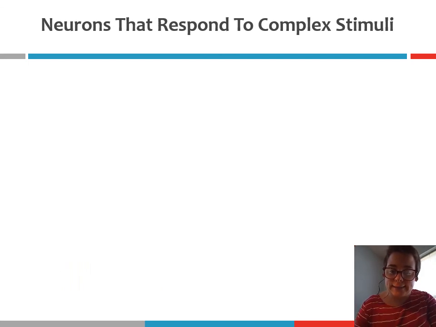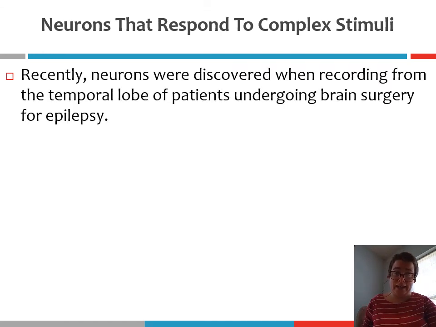All right, so I've shown you a couple of different examples of experiments using animals that have shown that individual neurons code for or represent various kinds of stimuli in the brain, whether those stimuli are fairly simple or complex. So what I'm going to do now is share one more experiment with you that actually used human participants. In this particular study, the population they were working with was individuals who were undergoing brain surgery for the treatment of epilepsy. For those of you who don't know, epilepsy is a neurological disorder that is caused